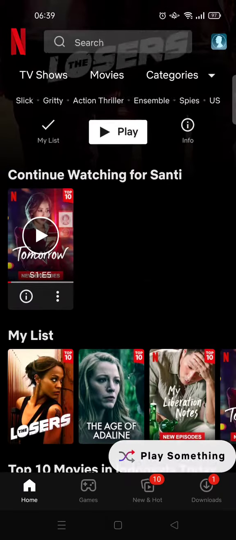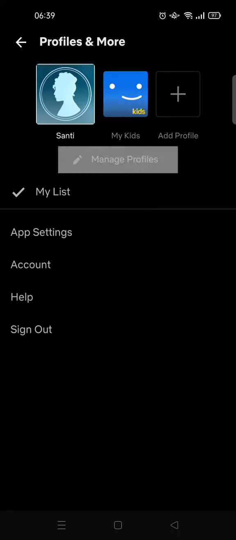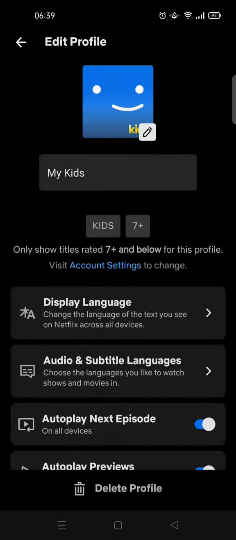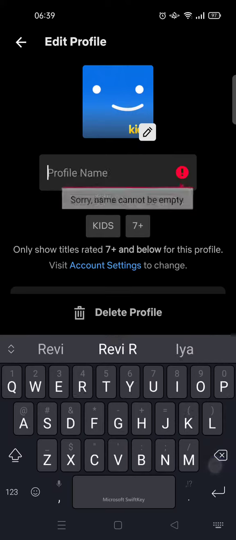The first thing is you just need to go to your account menu by clicking this and then click on manage profiles and choose the profile that you want to change. For example, I want to change this one, and then you can change the name of your profile. For example,